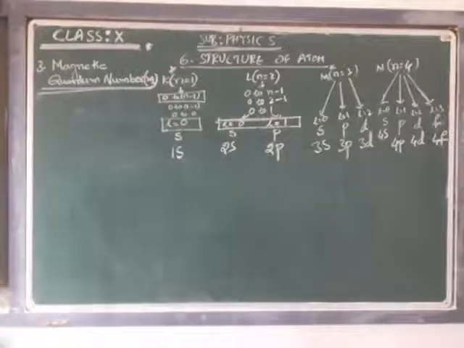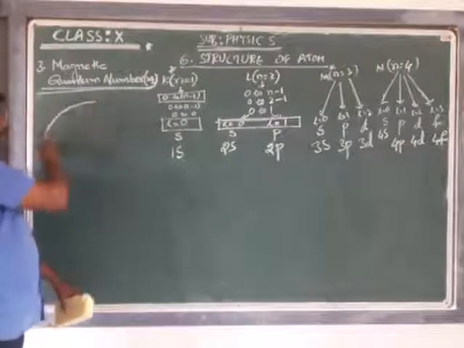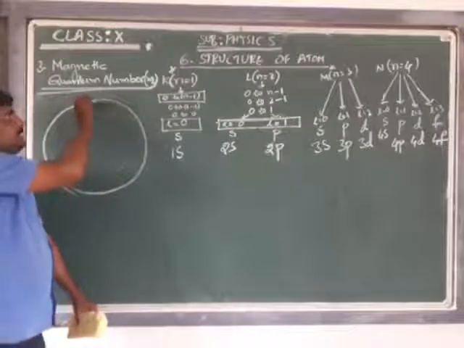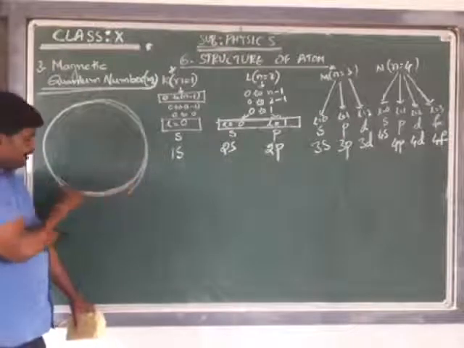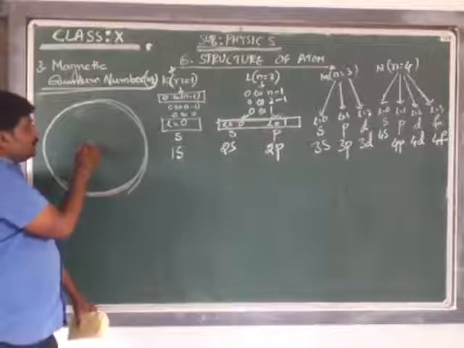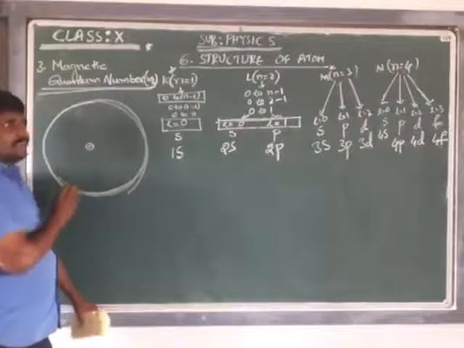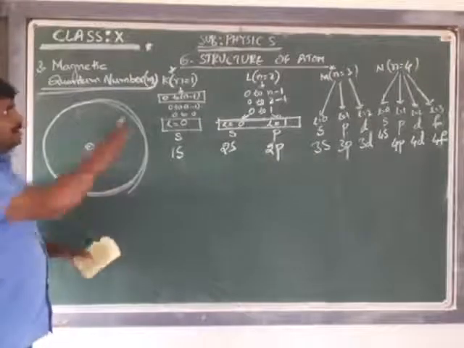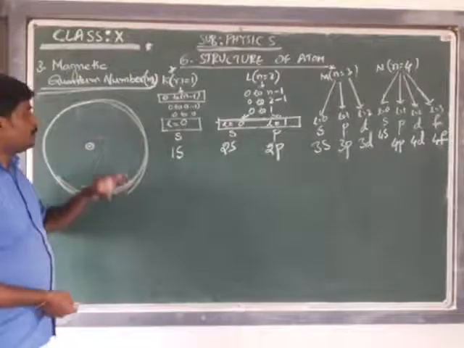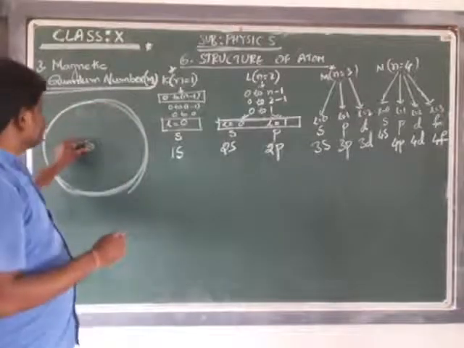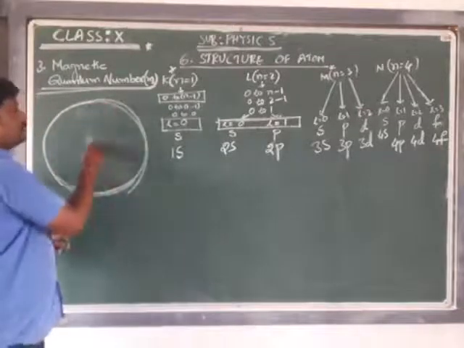We have seen this already: the atom is in the shape of a sphere, and the positive charge is located at the center. That's already what we have learned. And we have a K shell. Already, as per the Schrodinger model, in order to think about it, Bohr has specified that the atom is in the shape of a sphere and the positive charge is located in the center.